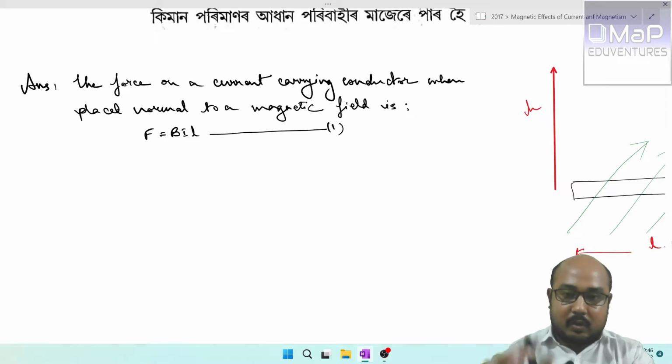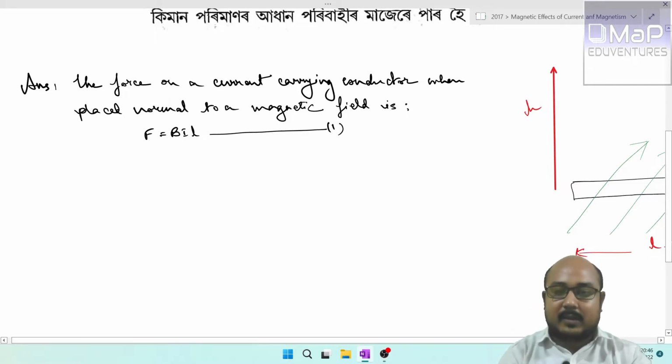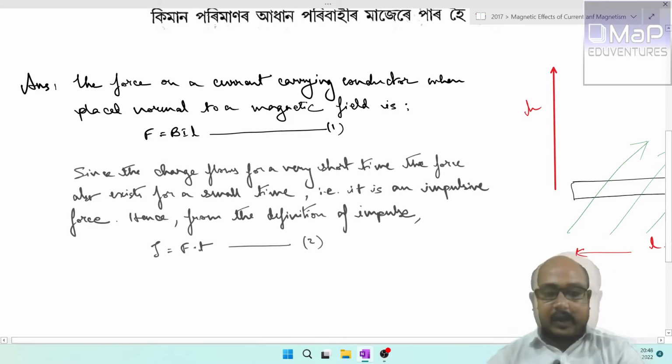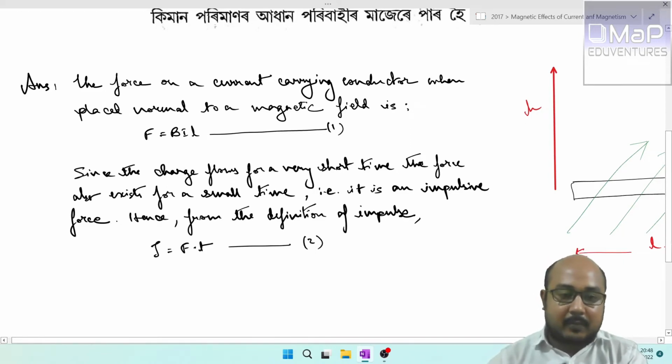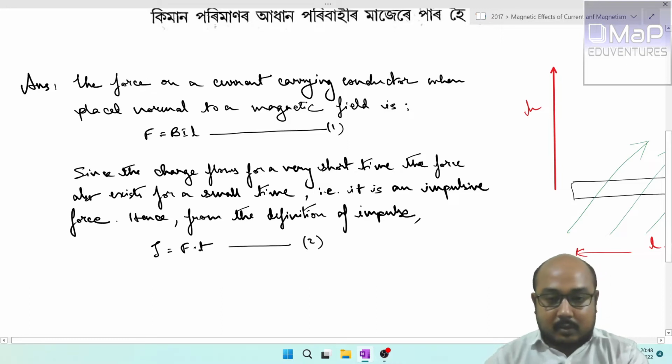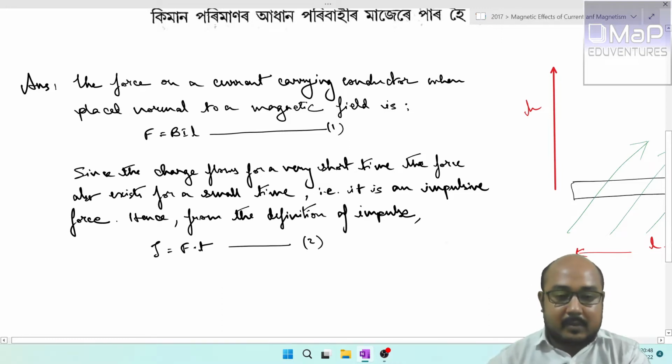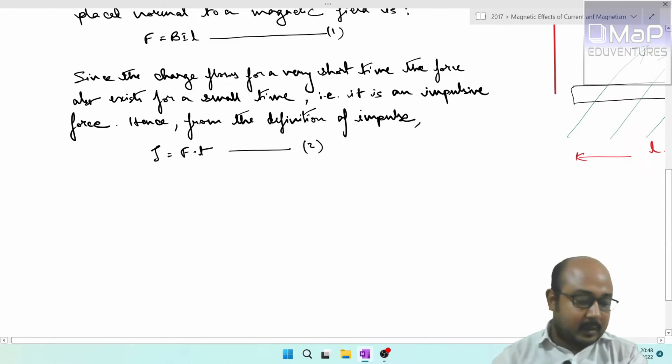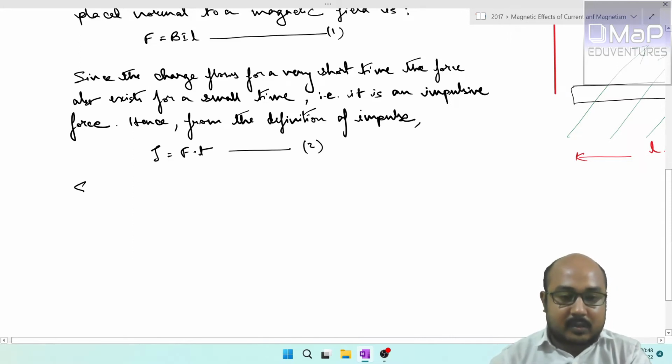So such forces acting for a very short time are called impulsive forces, from laws of motion. Since the charge flows for a very short time, the force also exists for a small time, that is, it is an impulsive force. A large force acting for a very short time, such forces are called impulsive forces. So from the definition of impulse we have J equal to F into t, that is impulse equal to force into the time interval. This is equation number 1. Next, what do we do? In equation number 2, substituting 1 into J equal to